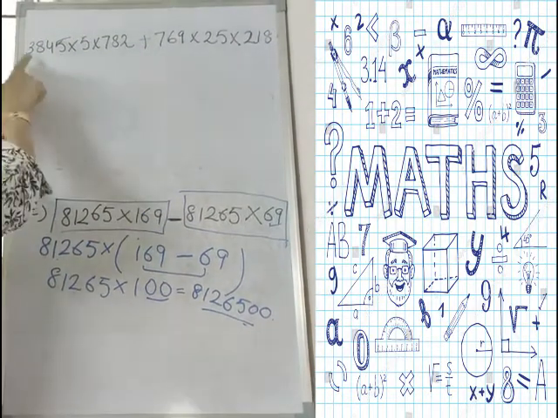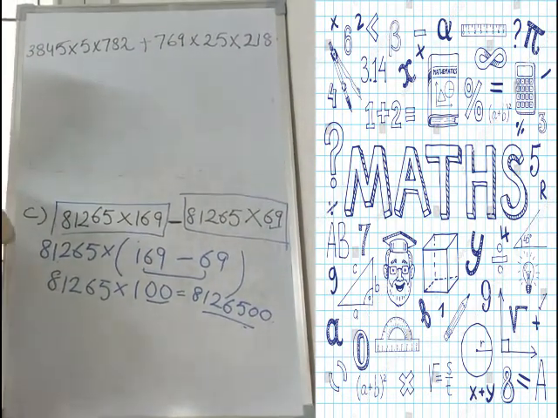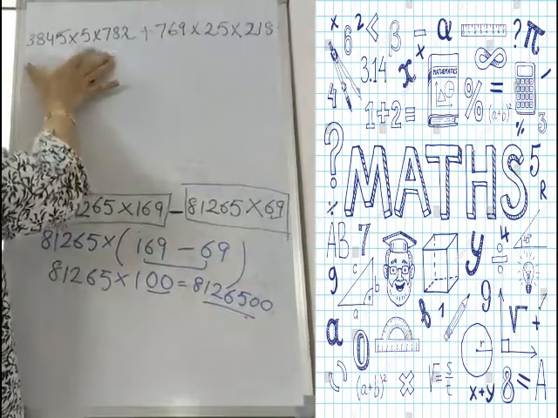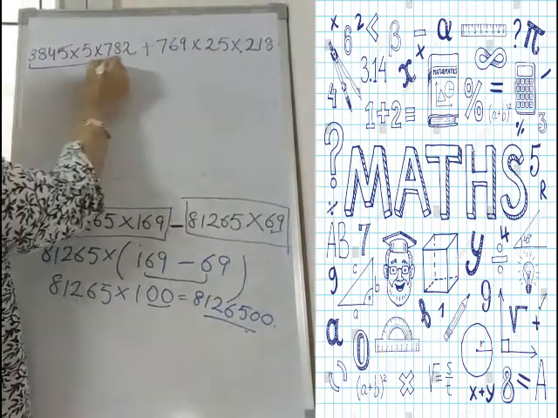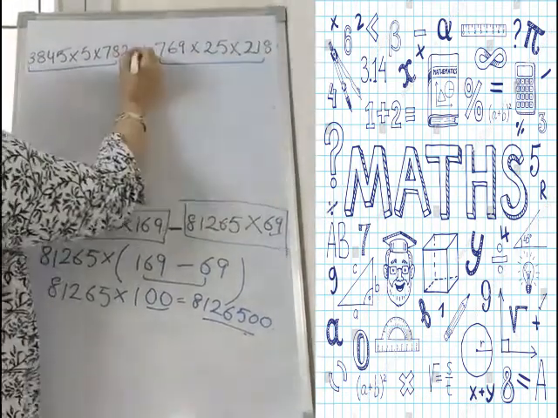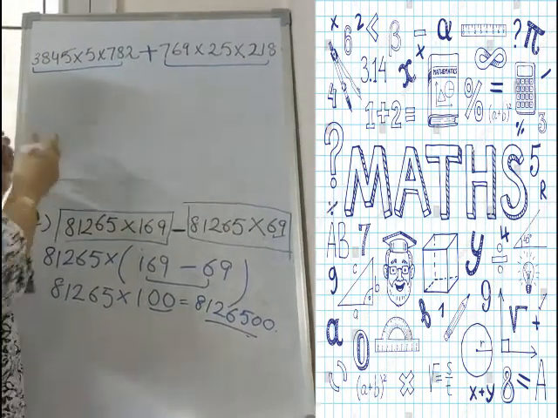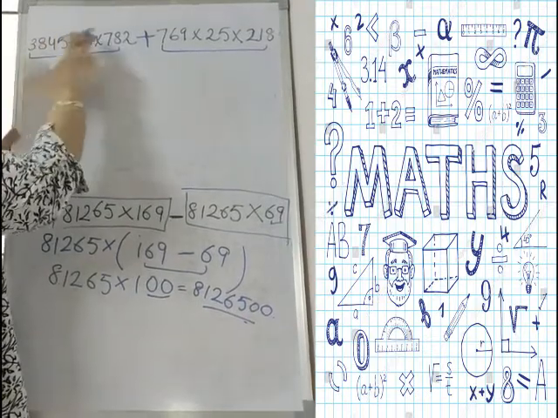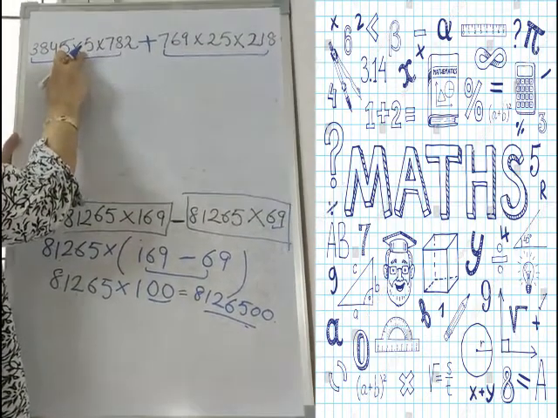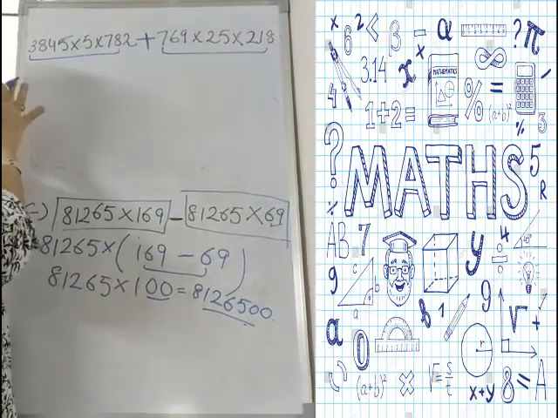It is question number 3, D part. As you can see here, it is very lengthy calculation. Again, I have two terms which are separated by plus sign. I don't want to do lengthy one. First, I will multiply these two numbers, then with 5. I want to avoid this.